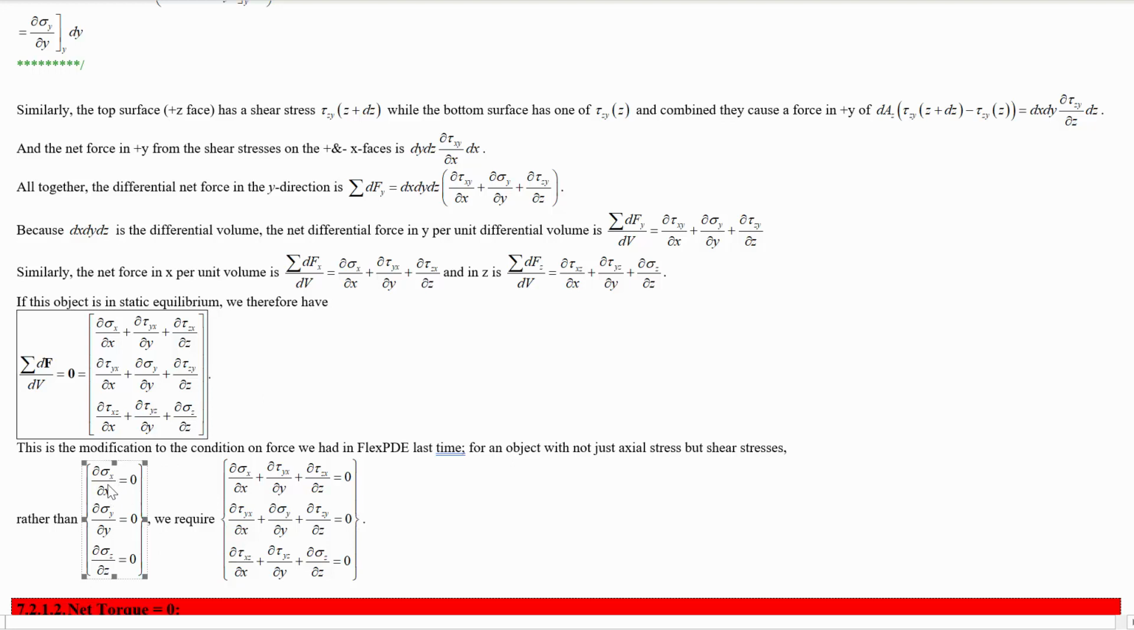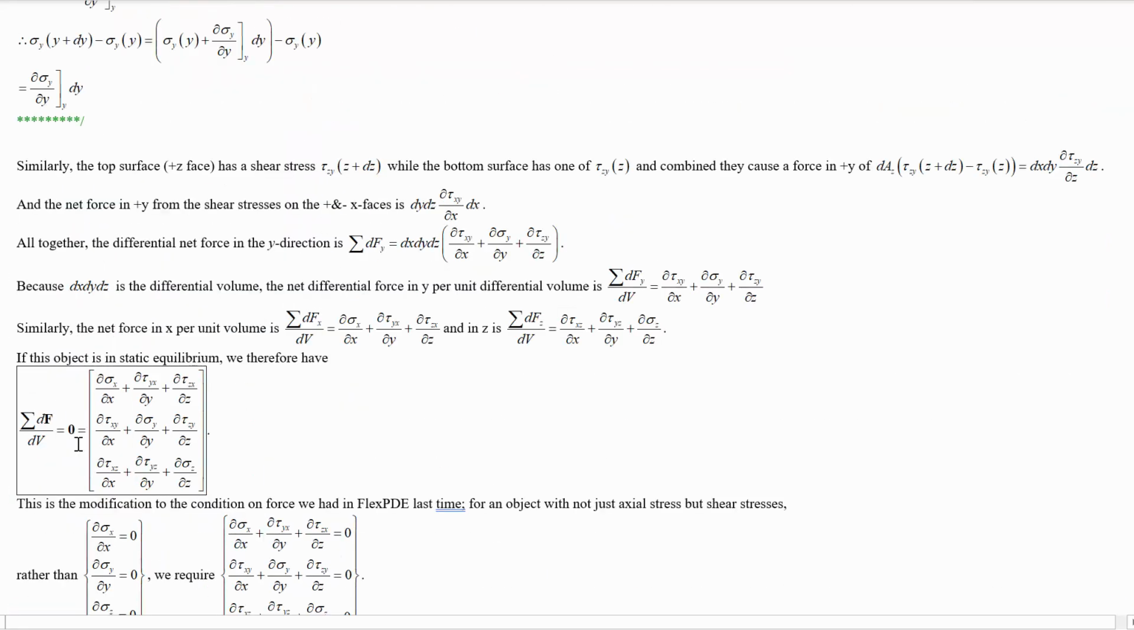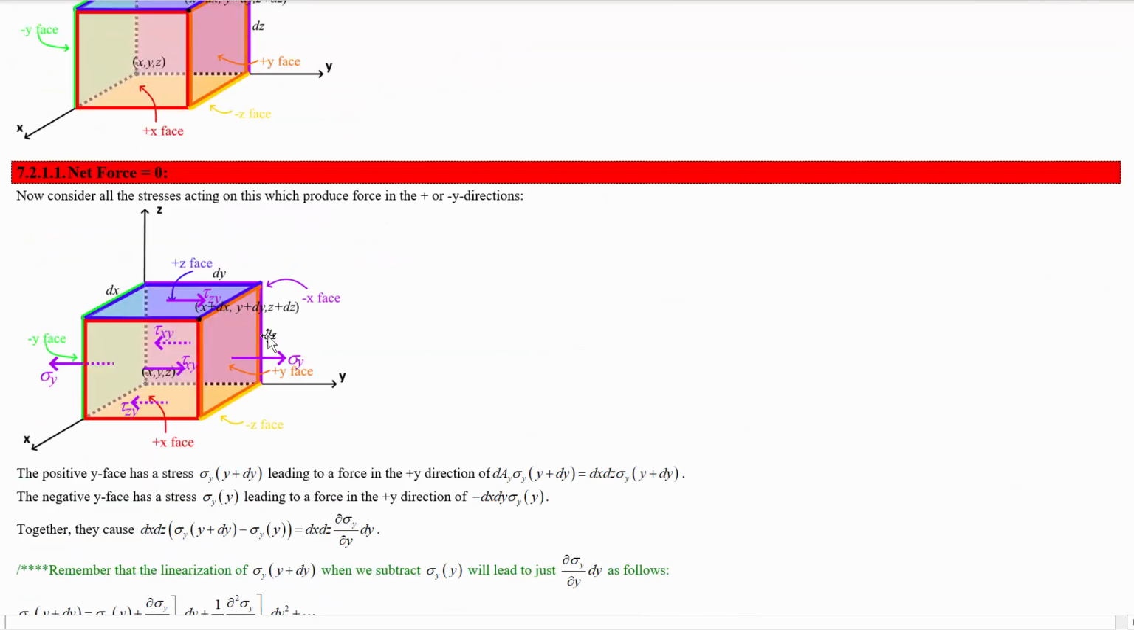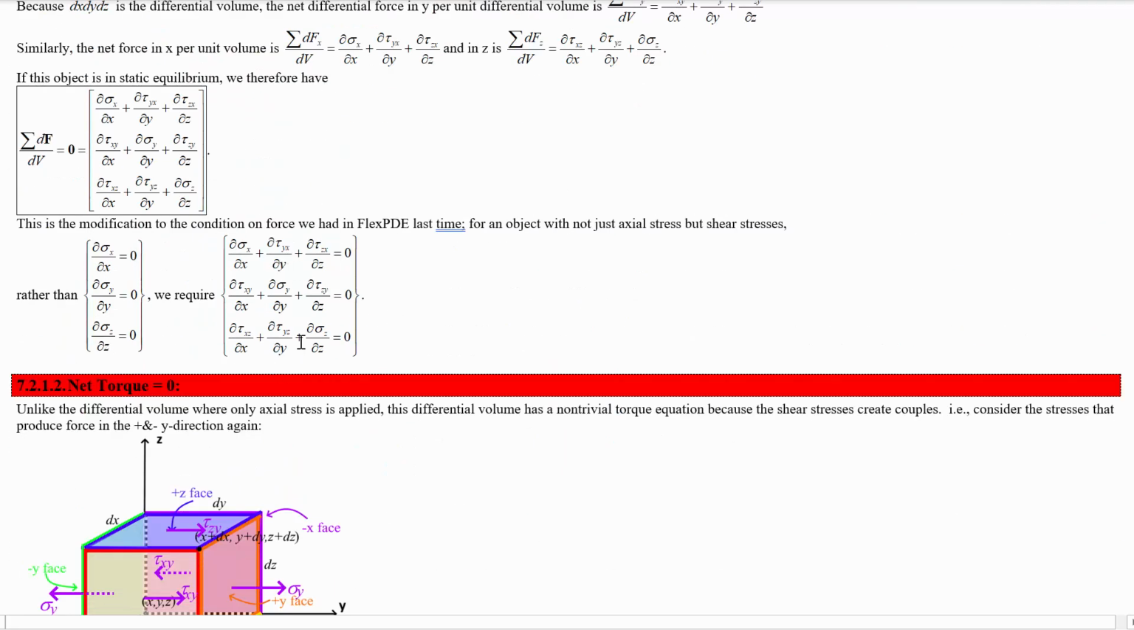Instead of needing the partial of just the normal x stress in the x direction to be 0, we need this sum of that partial derivative of the x stress and the partials of the shear stresses that give force in the x direction to be 0. So the force equation, saying that the net force on this thing is equal to 0 because it's not accelerating in any direction, has led us to a coupled set of 3 partial differential equations